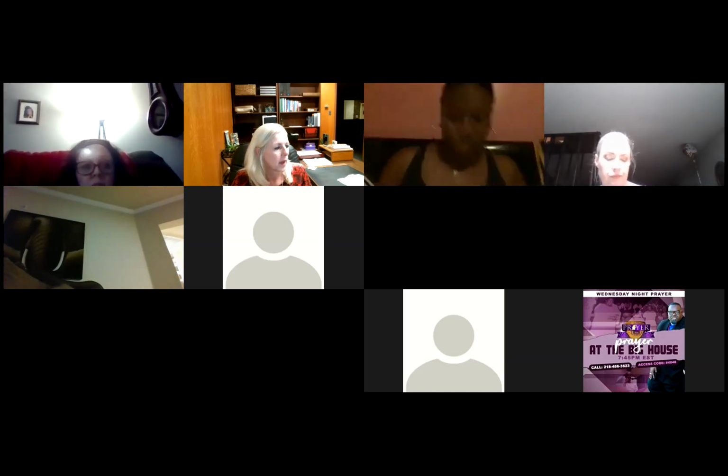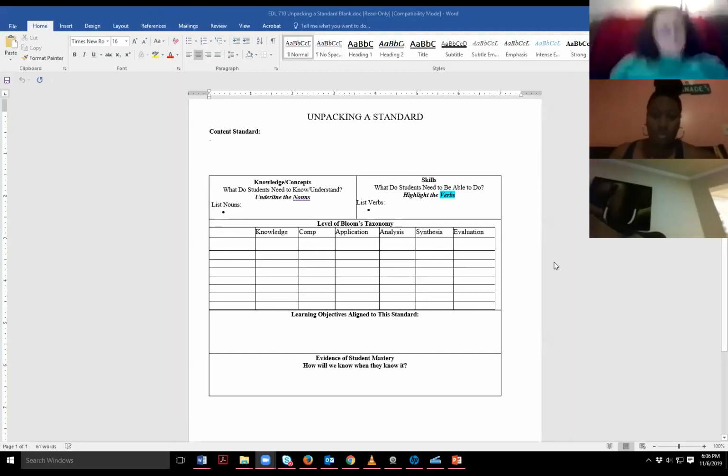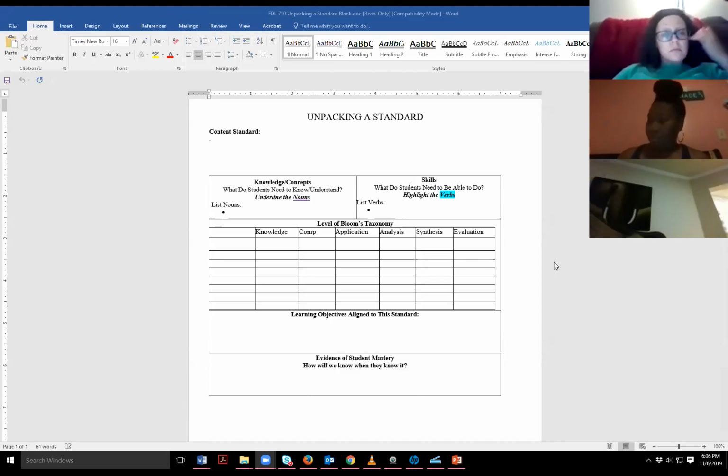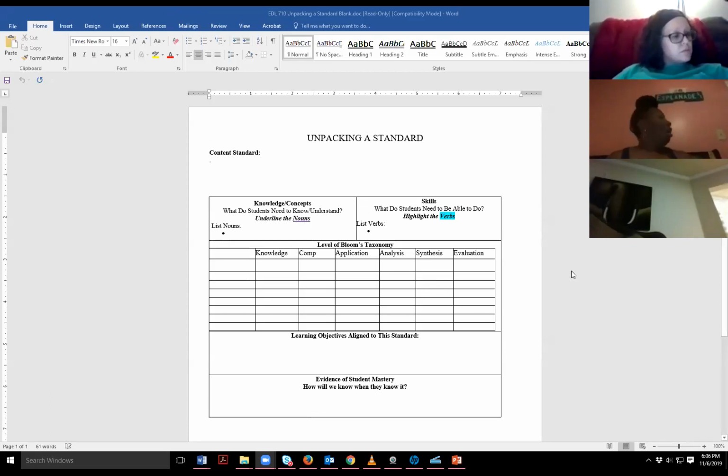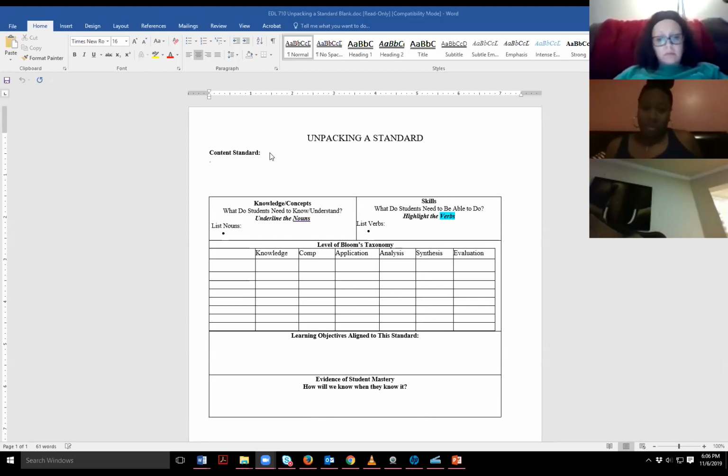Yeah, there we go. Okay, so your assignment is you are going to choose a standard, okay? So ideally it's going to be some kind of a content standard. So for example, students will be able to identify inferences within a story at 100% accuracy. That may be a standard. Okay, so you're going to actually write out the standard for me or copy and paste it.